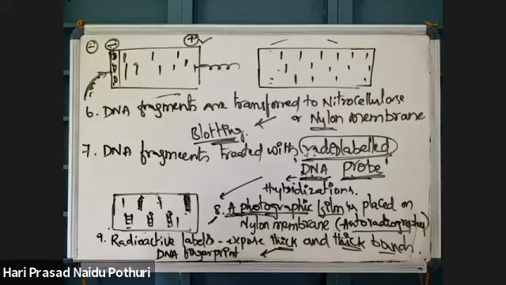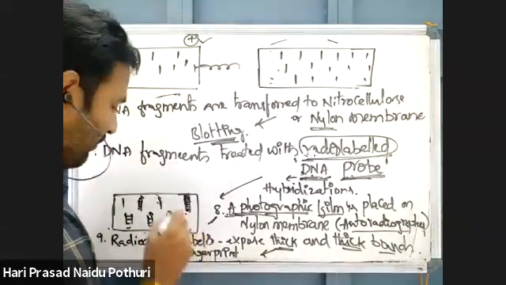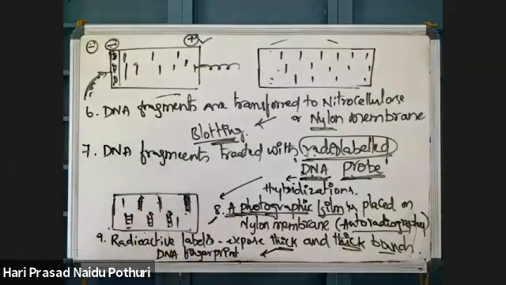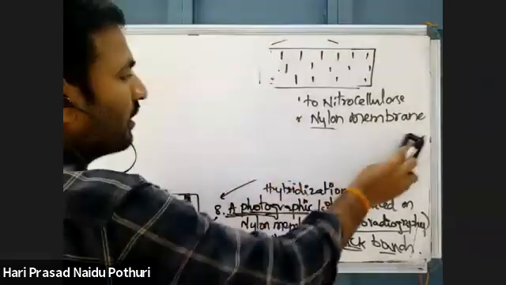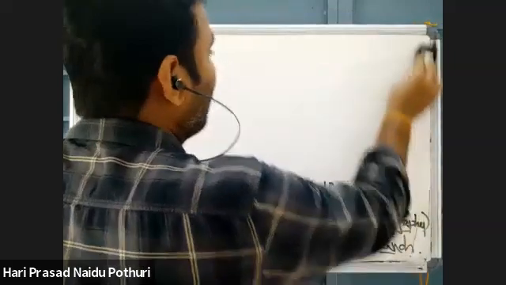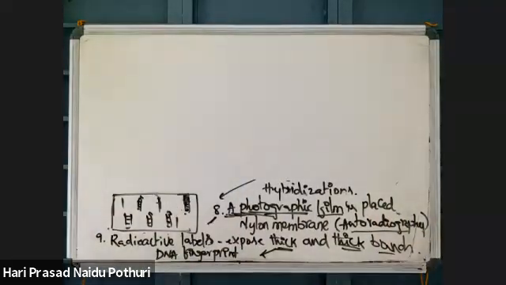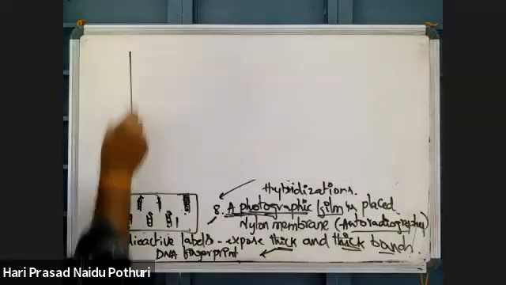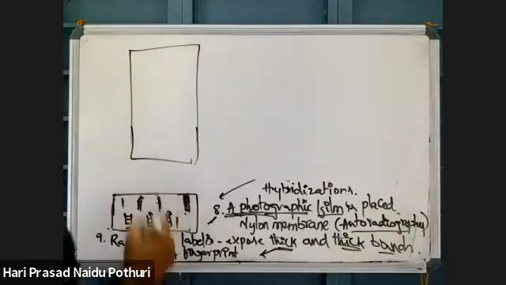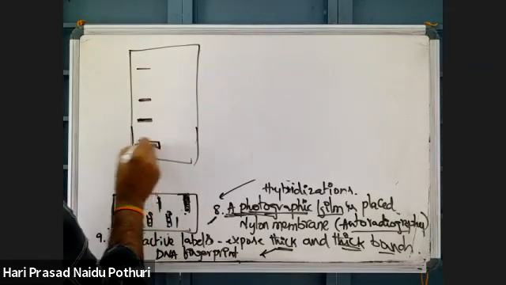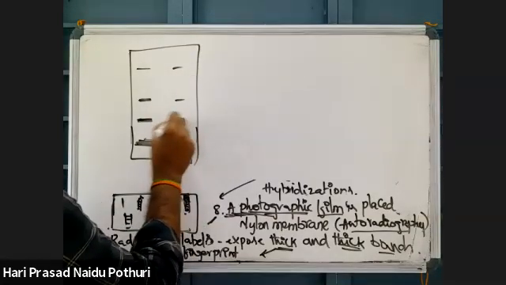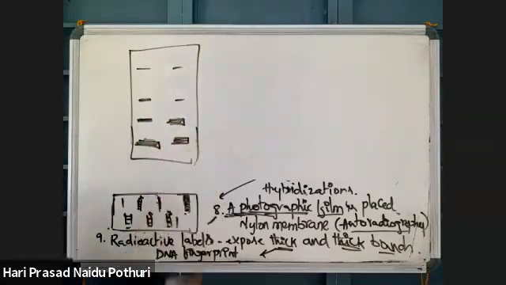So finally what we did? By agarose gel electrophoresis, we can observe the pattern of DNA cutting. In NCERT, a better diagram is also given. You can refer to the diagram after the class. So finally, this is subjected to autoradiography, and sometimes there is formation of thick bands, light bands, dark bands, like that we can observe based on the amount of DNA present there. So finally, by using that we can identify the DNA.